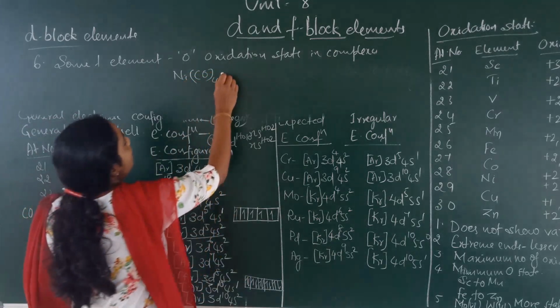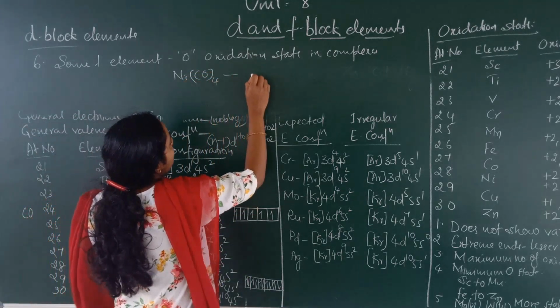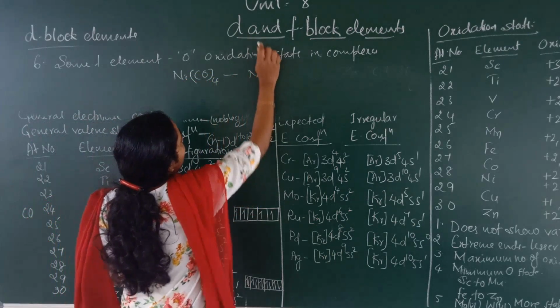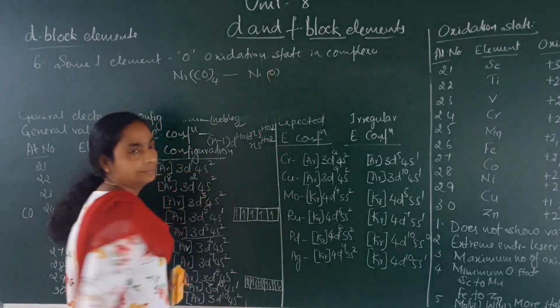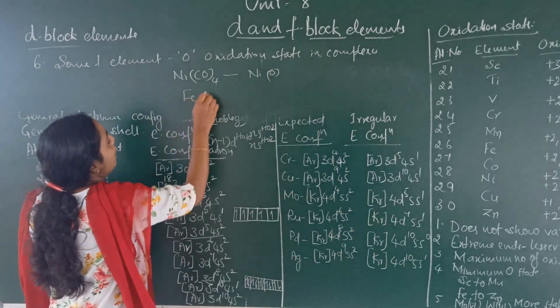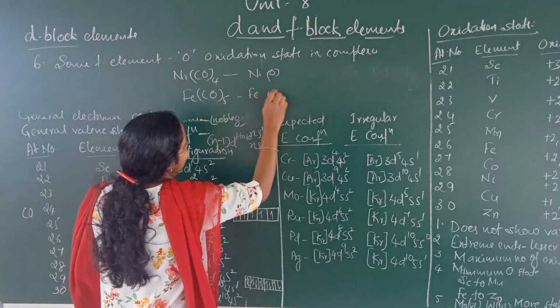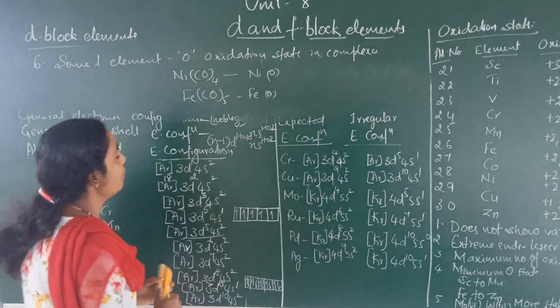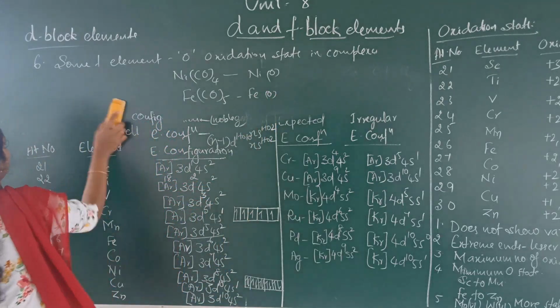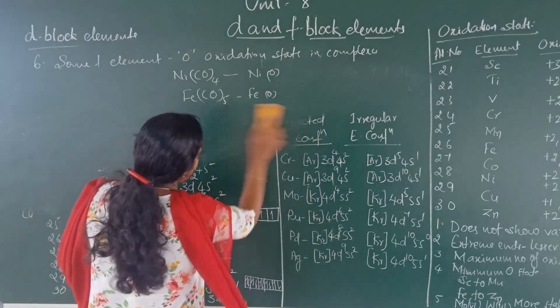In tetracarbonyl nickel, the oxidation state of nickel is 0. Pentacarbonyl iron, the oxidation state of iron is 0. Next,